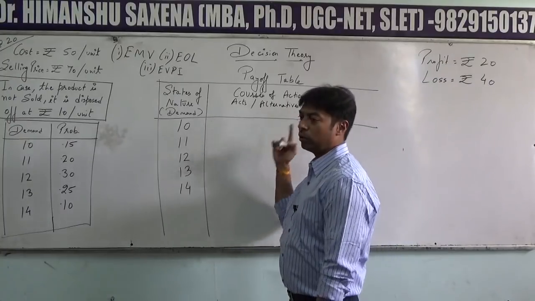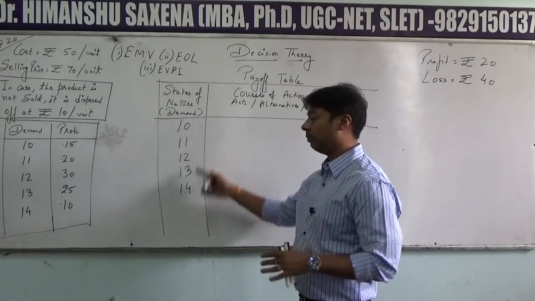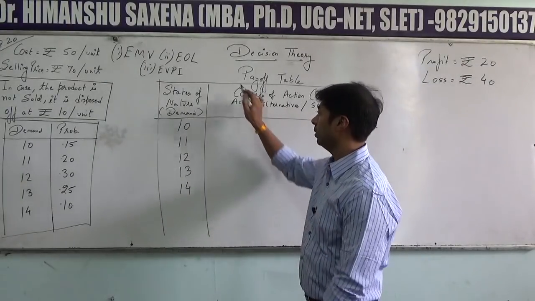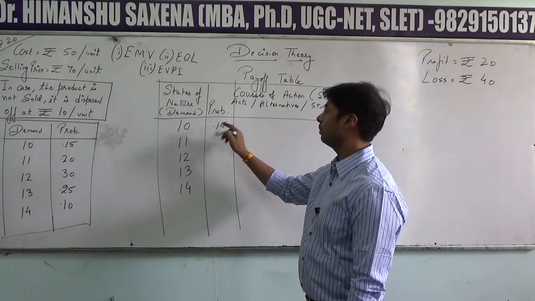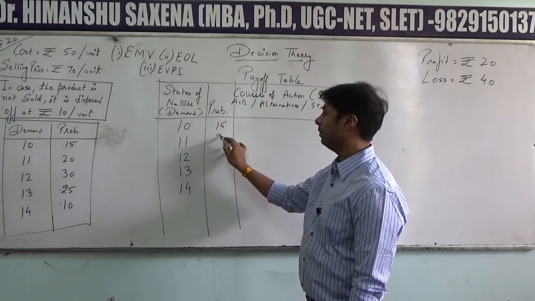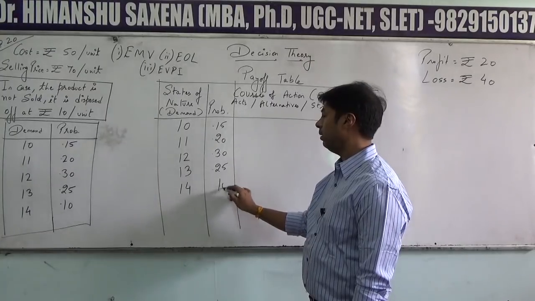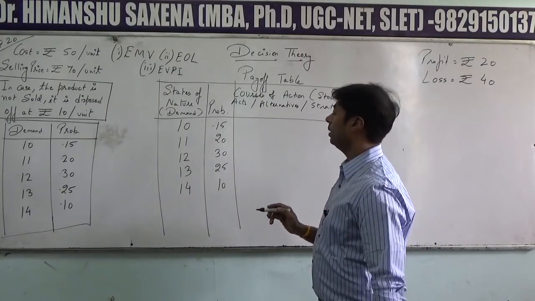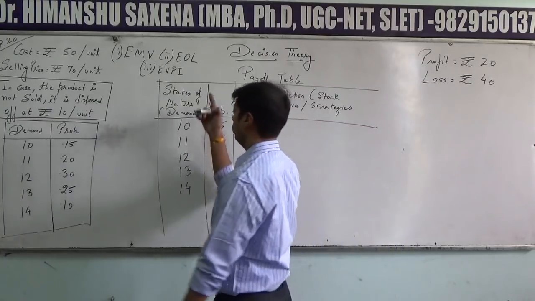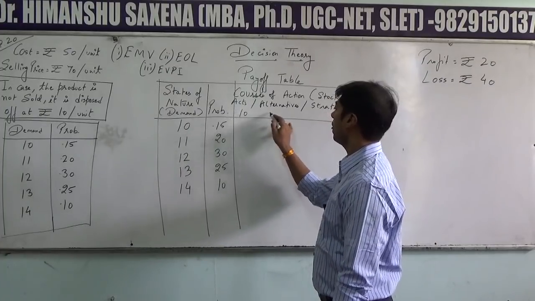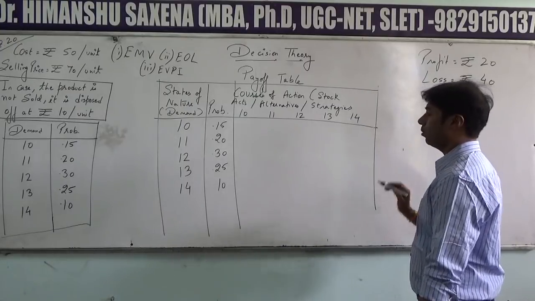And since courses of action are seldom given, whenever they are not given, you will have to assume the demand as the courses of action. But before that, you will have a column for probability, that is given over here as 0.15, 0.20, 0.30, 0.25 and 0.10. Now the courses of action, as I have told you, whenever they are not given, you will have to take the states of nature as the courses of action. So this is going to be the format